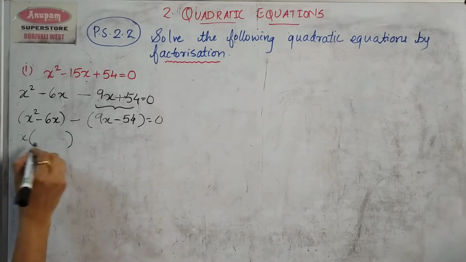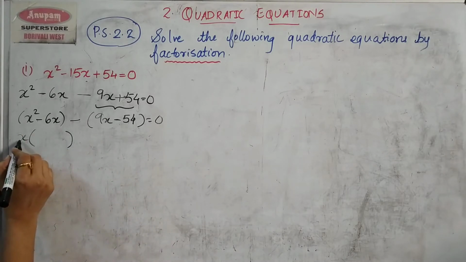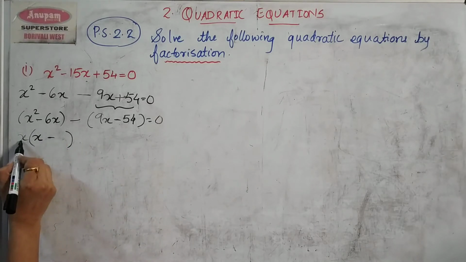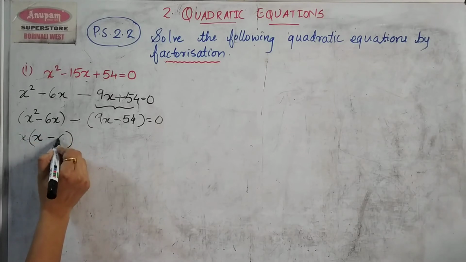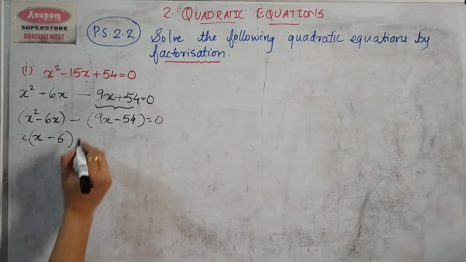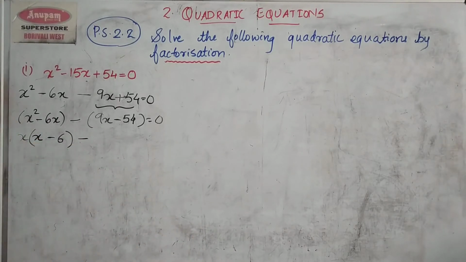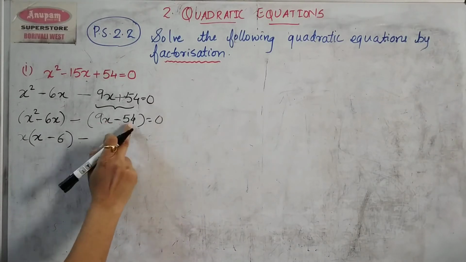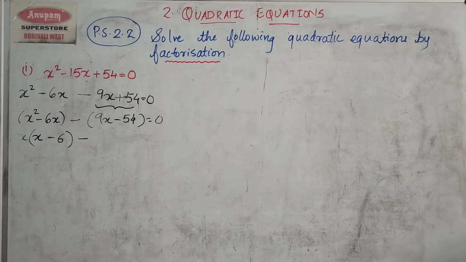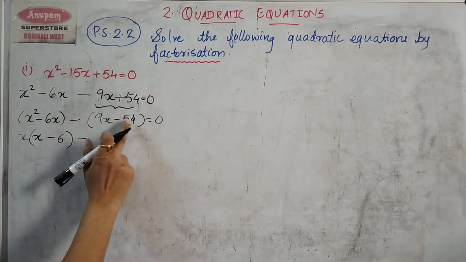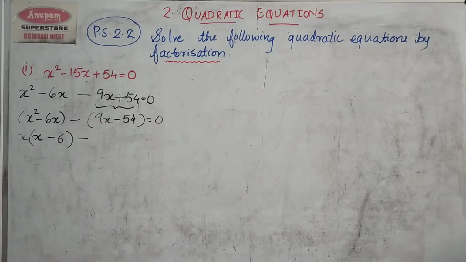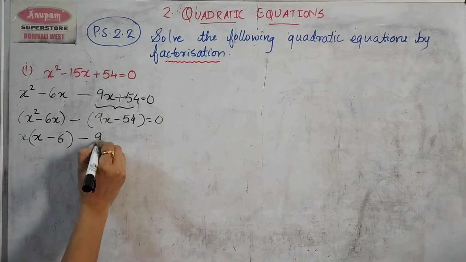So if x is outside, what in x into what will give me x square? X into 1 more x will give me x square. Minus, this x is already gone out, so inside we are left with 6. Now here minus sign, and now what number should I take outside? This 9 and 54 comes in whose table? So 9, if I take outside, 9 comes in 54 comes in 9's table, and 9 comes in 9's table also. So the number that will go outside will be 9.